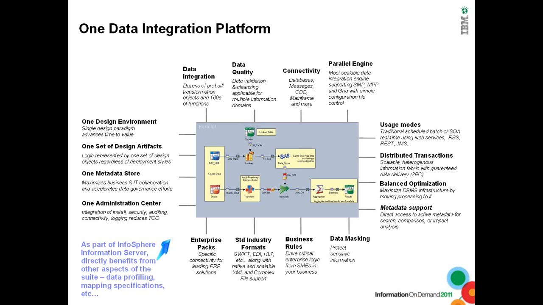So the quick rundown on the various aspects this slide denotes is, as I was talking about metadata, you can see that it has one metadata store. It has active metadata support across its tools, wherever it is being used. The various use case scenarios where the Information Server Suite is used are the typical ETL data integration and transformation scenarios. It is used in ELT scenarios, which we call balanced optimization. ELT is where you push down certain processing to either the source database or the target database to take advantage of the database engine power and resources.